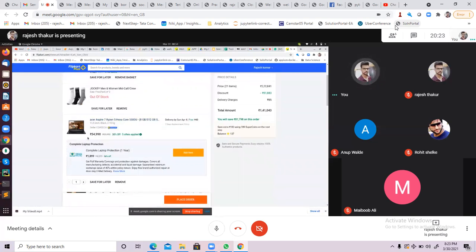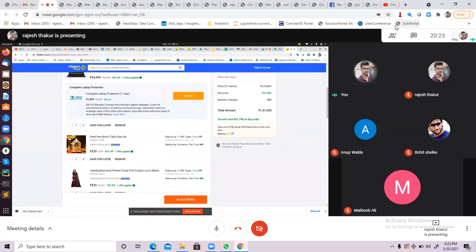Whenever you can find this kind of dependency, then always go with dynamic element location, dynamic element identification, right? So let's suppose I would like to tell you about this diya set. This diya set price is 220 rupees, and this 220 rupees depends on this title. Yes or no? Yes, it depends on this title. If the title is some laptop, SS laptop, SR laptop, the price will be different. Yes, the price will differ, and this price ultimately depends on this title.